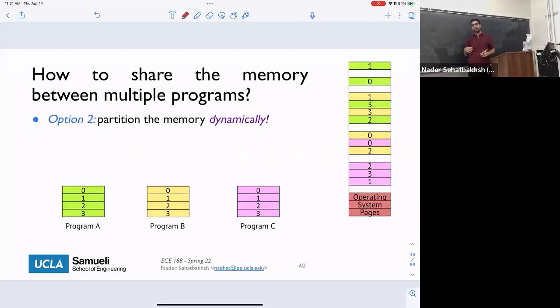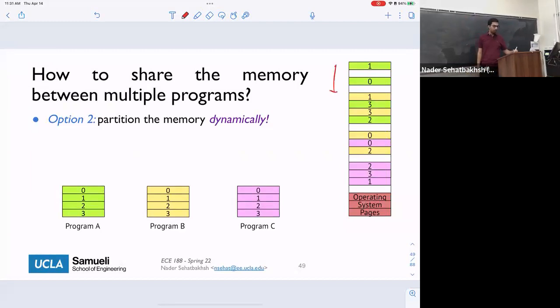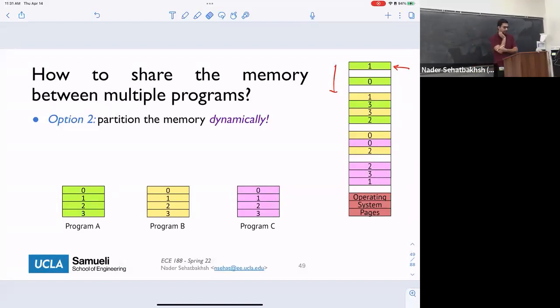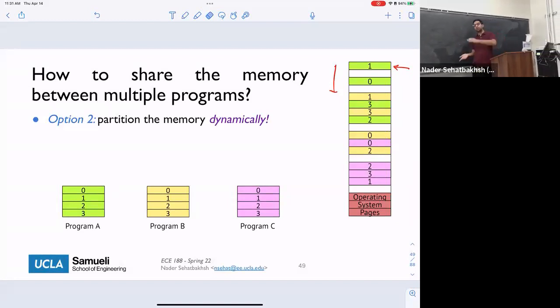Think of our memory as an array where each index of the array becomes one page. You no longer need to store everything in the same place. You can store it wherever you want.